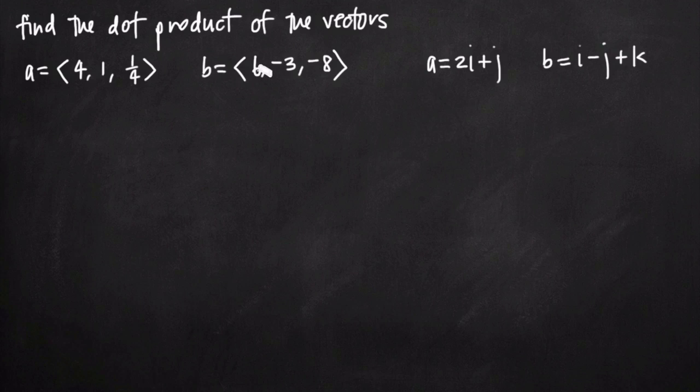Remember that the dot product is also called the scalar product or sometimes the inner product, and really all we're doing is multiplying the components of each vector and then adding them all up together. That's kind of why I like the name inner product, even though dot product is the one you should use. Inner product helps you remember that we're multiplying these inner components here, and we notate it when we have a